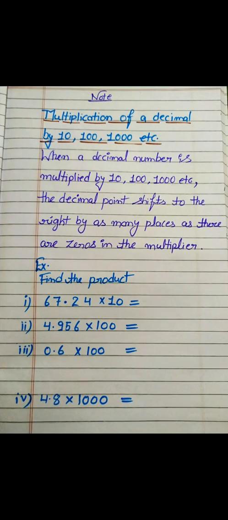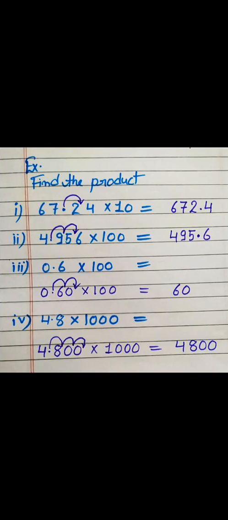Here we have to find the product of these. As you are seeing the multiplier, we are having 10, 100, 1000. So as in the first one, in the multiplier we are having only 1 zero. That means the decimal point will shift 1 place towards right. So you will get 672.4. And in the second one, the multiplier is having two zeros, so the decimal will shift two places towards right. You will get